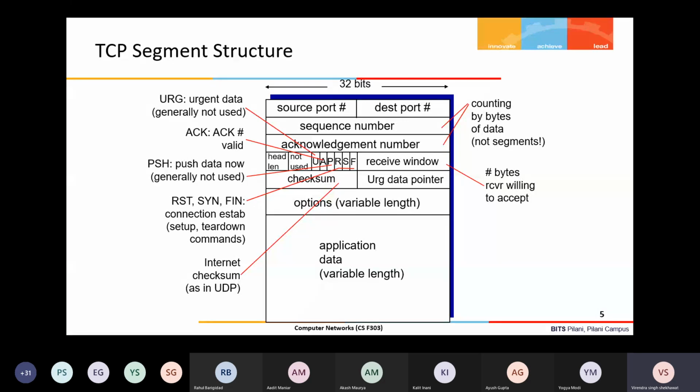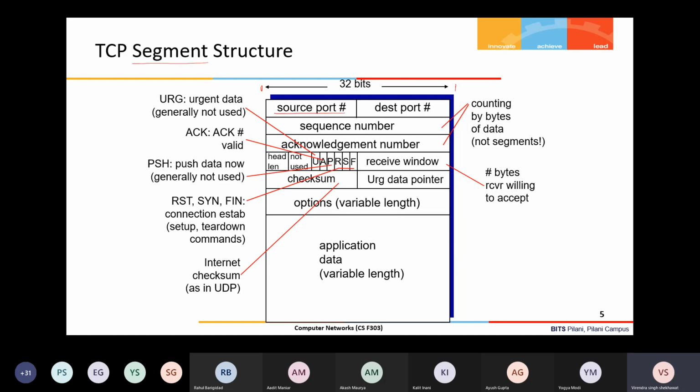the segment structure, the TCP segment structure. In a TCP segment, you know that at each layer in the internet there are header fields, and these header fields are specific to each layer and help in performing the required operation of that layer. So for example, in the case of TCP, what header fields are attached along with the data which is received from the application? This is 32 bits wide, you assume.